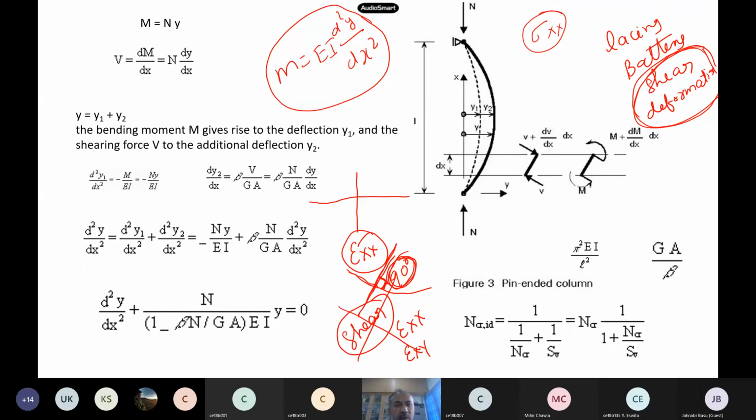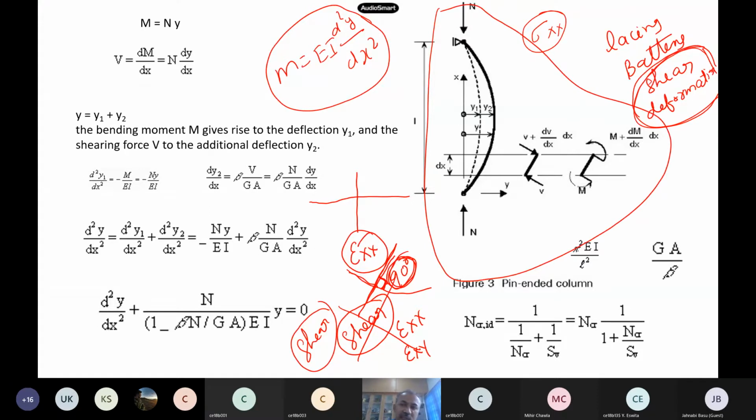That theory is applicable for solid columns, but in reality plane sections will not remain perpendicular, and shear deformation also will be there. So the formulas derived from Euler-Bernoulli beam theory are not applicable for built-up sections. For solid sections the approximation may be good, but for built-up members it is not. So once again, you have to rederive the whole buckling theory for built-up sections.